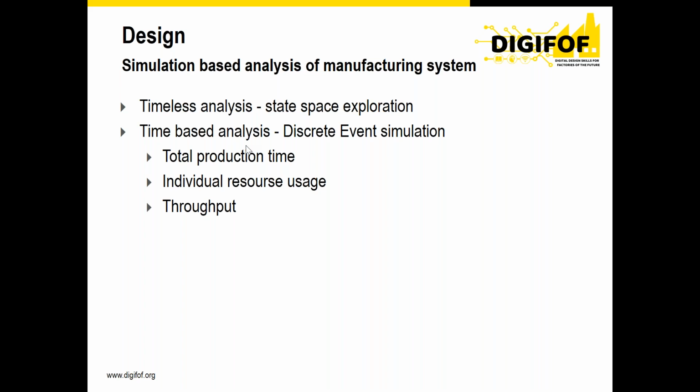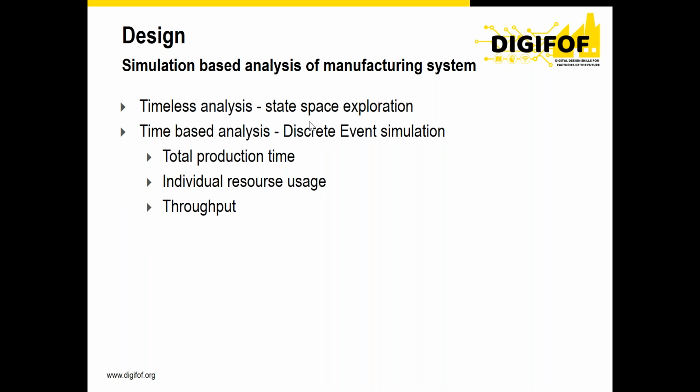because we change from a formal logic that is classic formal logic to temporal formal logic with possibilities, and if something happens or does not happen. And also it gives quantitative information, so we can see if with this layout we can have the desired total production time, or we can see what and how the resources are used in time, so how much, and we can also appreciate the throughput, how many pieces, how many boxes of chocolates are produced in